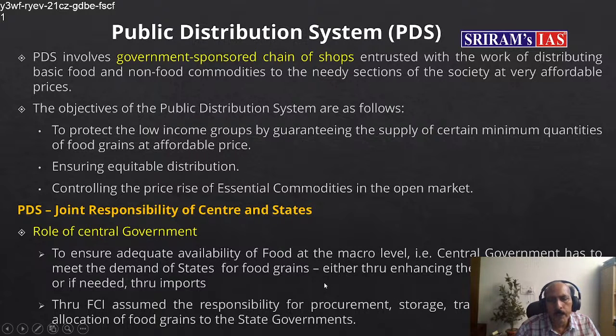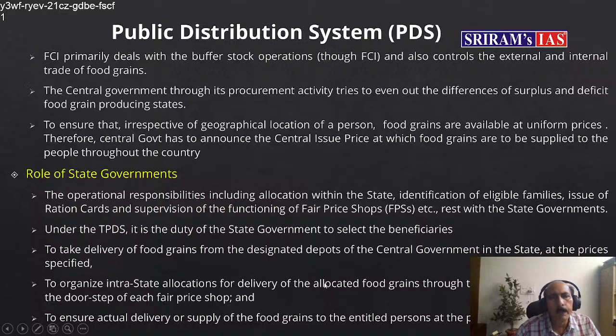You are aware that the government is implementing the MSP policy right from 1966 to ensure that the farmers grow adequate food grains production, and through the MSP policy, government procures the food grains from the farmers and maintains the buffer stock. This is how the central government discharges its responsibility of adequate availability of the food